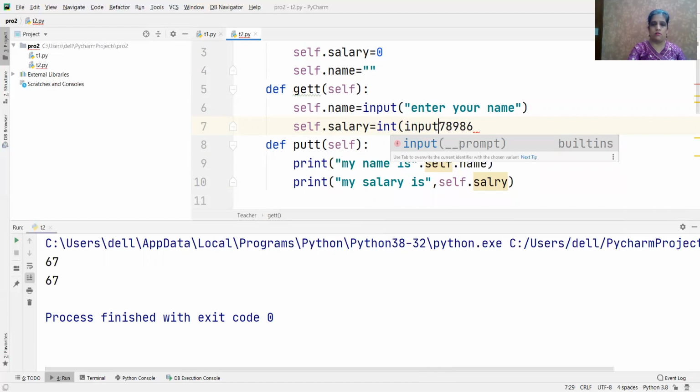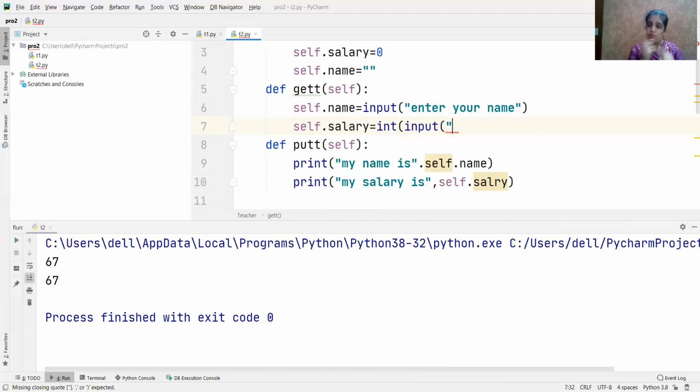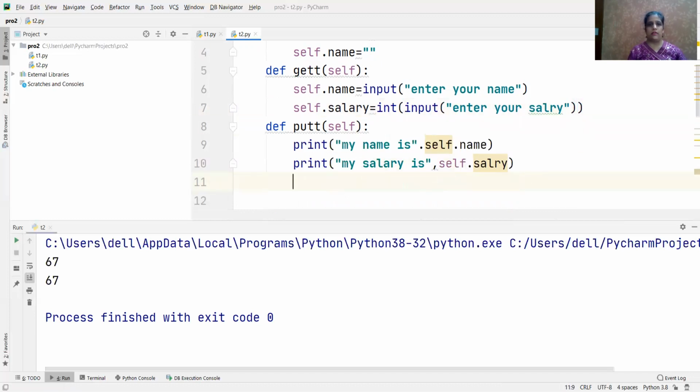Input लिखना था मुझे. I hope you are able to understand why I'm taking input and int this here. Input is a statement to print the text value. So I have to convert into int. So that's why I mentioned here int and then input, because salary is your integer value. Fine. Enter your salary. Yeah, I hope it's clear now. Check. Done. Now I'll take all these functions here.